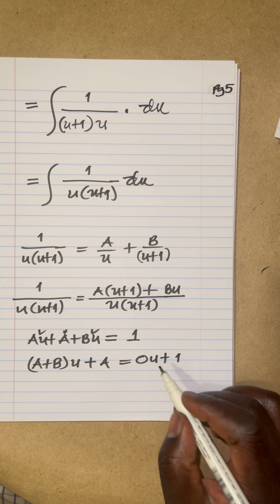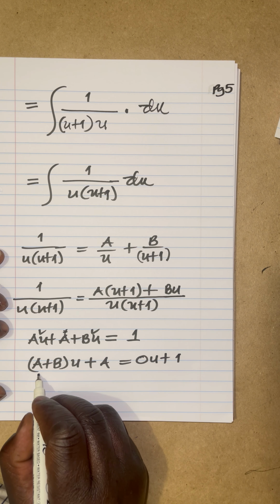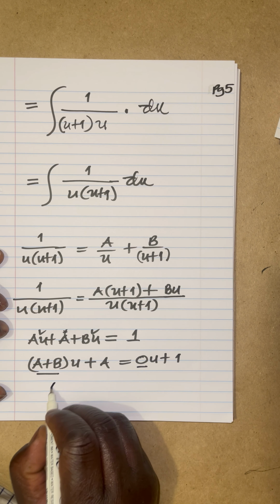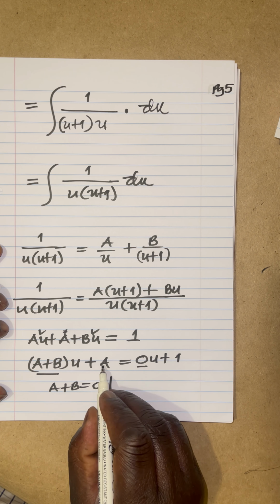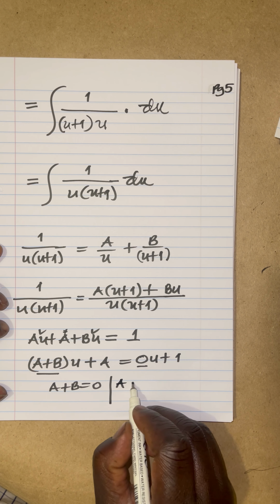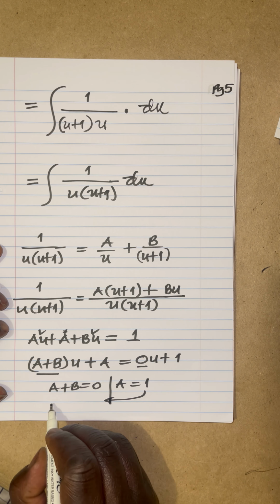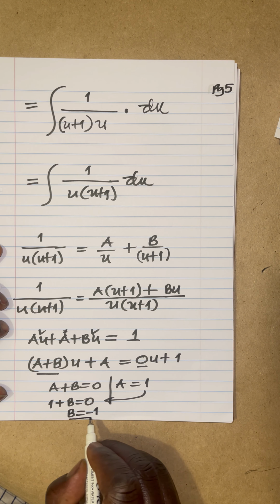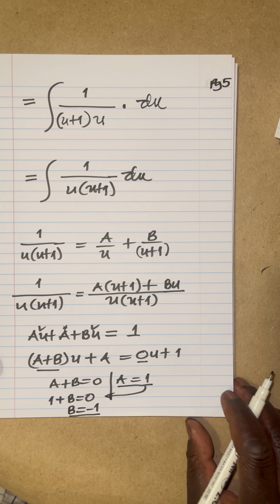Because we don't have u there, it means the coefficient of u is 0. Equating coefficients, this part equals that part. I'm going to say a plus b is equal to 0, and the other expression is a equals 1. Constant term equals 1. And bringing that one to the left, you're going to have 1 plus b equals 0. You'll agree with me that b equals minus 1. So the two expressions, b equals minus 1 and a equals 1, are critical because they allow us to change